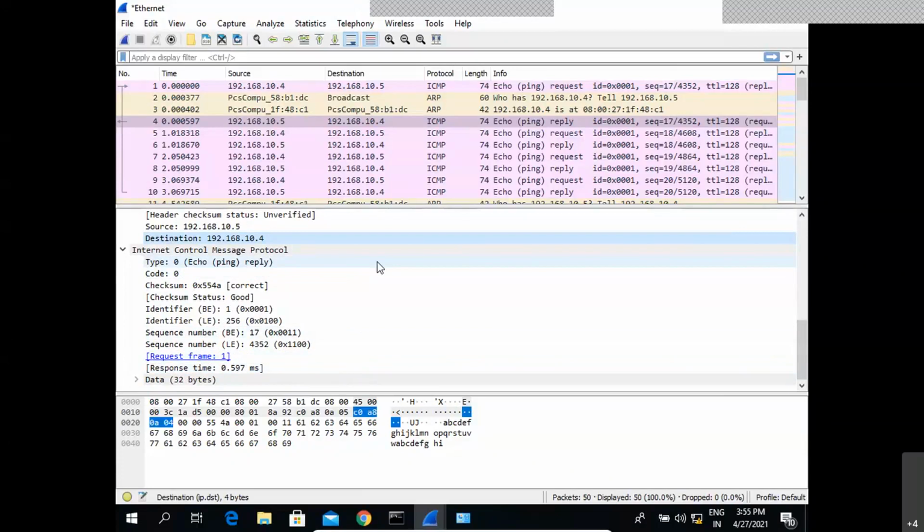If the type is 0 and code is 0, we can see it is an echo reply, or the ping reply. Similarly, there may be different types and different codes for the communication that is possible using ICMP. So ICMP is a simple header protocol where we have only types as well as codes, right?